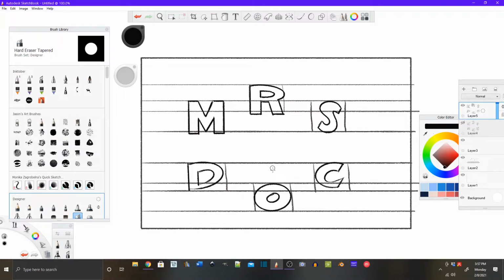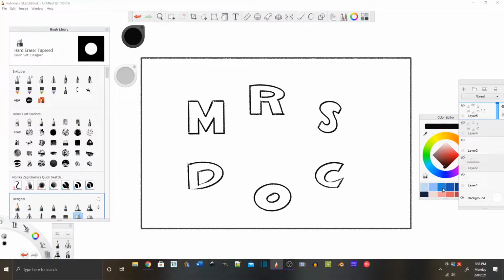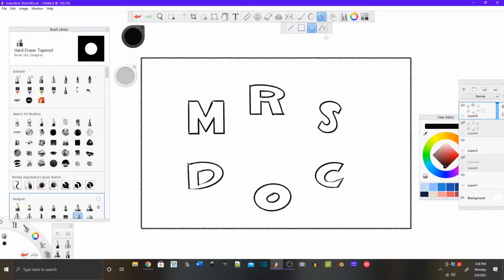So once I have my letters drawn nice and neatly, then I can start to think about getting rid of some of my guides. At this point, if you have your pencil guides, if you're working on paper, go ahead and erase them until you just have your floaty letters. I definitely need to have a period here. That would help if I had a pen on. Okay, so